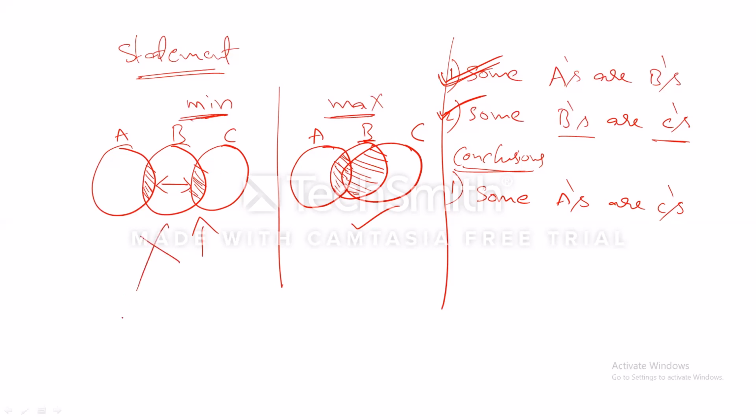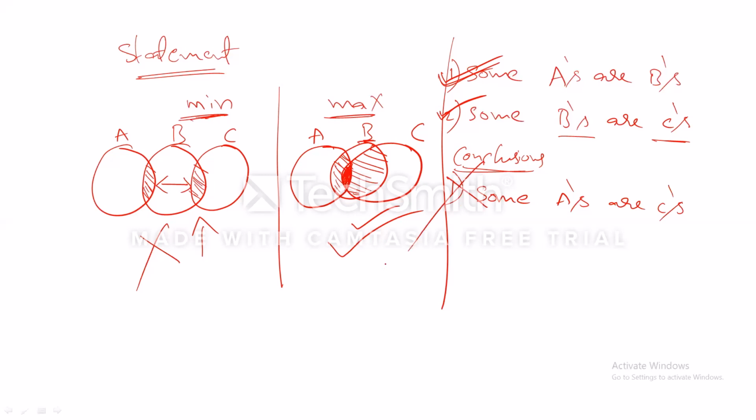But if you observe the maximum case, there will be a connection between A and C. Here I'm highlighting this part, which means there is a connection between A and C. Some A's are C's is satisfied in this case. Minimum case not satisfied, maximum case satisfied, which means I should not say that this is my